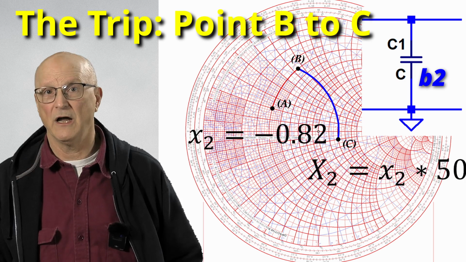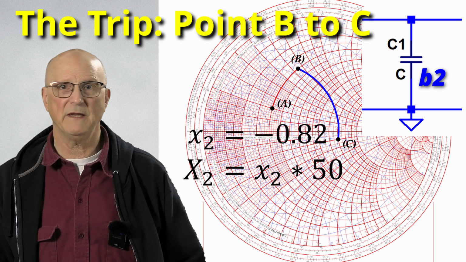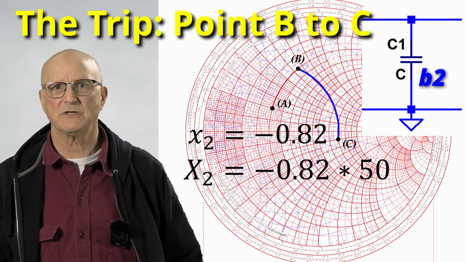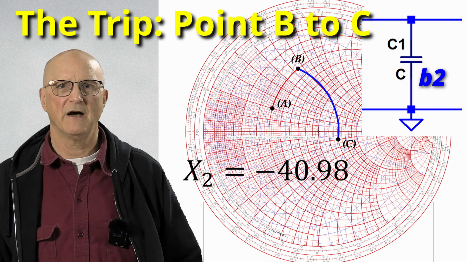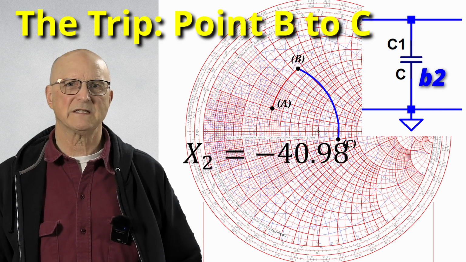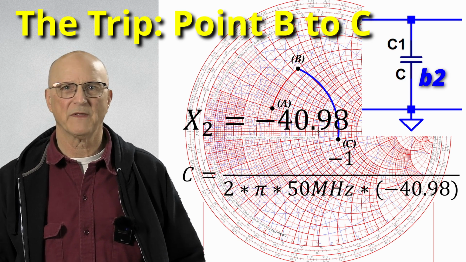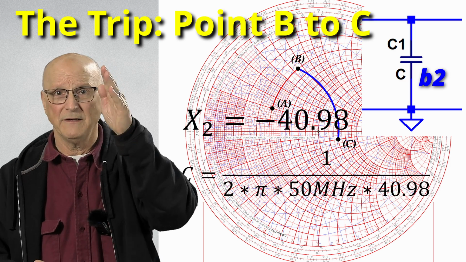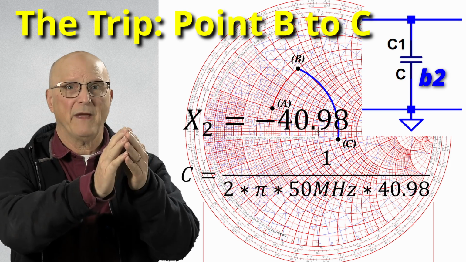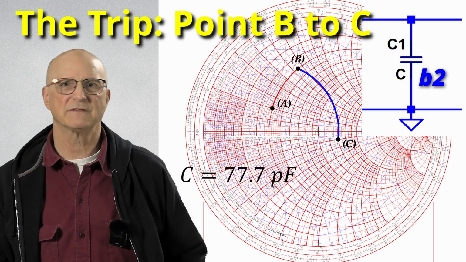We now have to unnormalize this by multiplying it by the 50 ohm system impedance. So that is minus 0.82 times 50, which gives us a capacitive reactance of minus 40.98 ohms in the real world. What does this work out to be at our target frequency of 50 megahertz? The capacitance value is equal to 1 divided by 2 times pi times 50 megahertz times 40.98, which gives us a capacitor value of 77.7